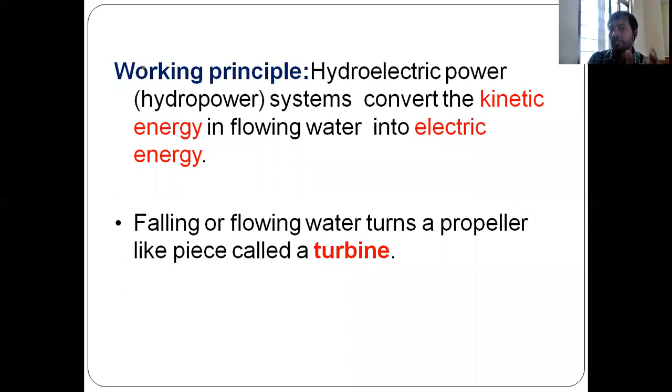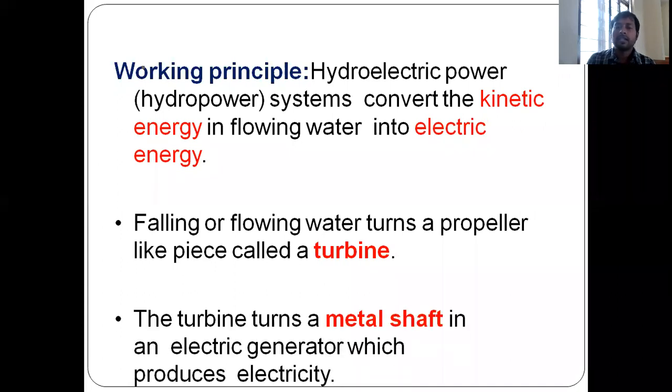So whatever we call the turbine, we can also call a propeller. When the water is released from a certain height through the pipes, the turbine rotates, and it is mechanically coupled through a metal shaft to the alternator, the electric generator, and